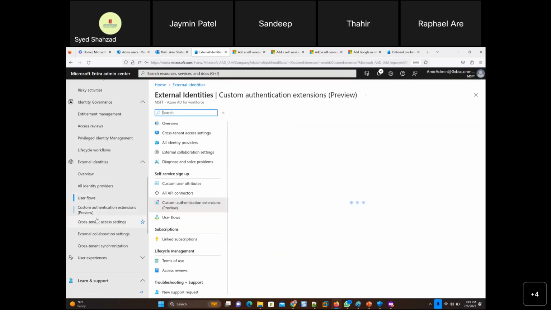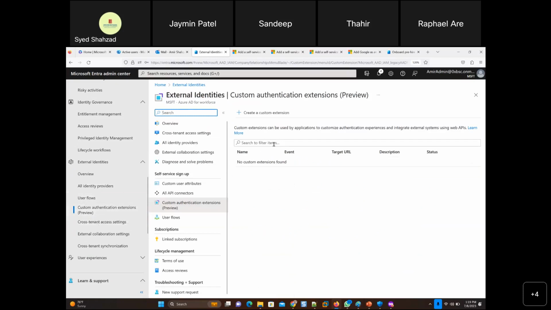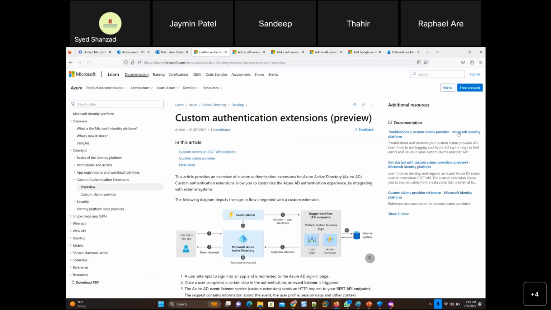Custom authentication extensions. Custom authentication extensions can be used by applications to customize authentication experiences and integrate external systems using web APIs. APIs are application programming interfaces. We have discussed that before. I've given you some videos as well.